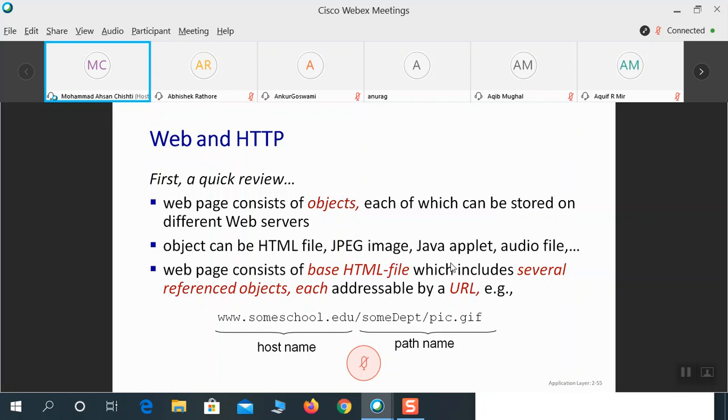A quick review: a web page consists of objects, each of which can be stored on different web servers. This we have discussed also while we were doing threading. Like we have an HTML file, we have JPEG image, we have Java applet, audio file, and so on. This example we took when we did not want a complete blockage of a process.